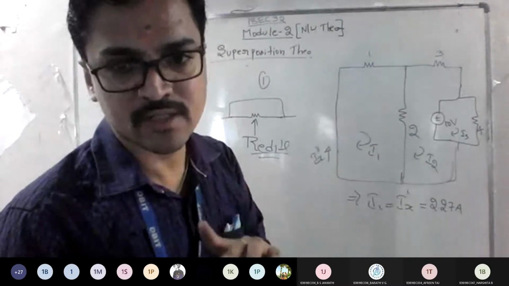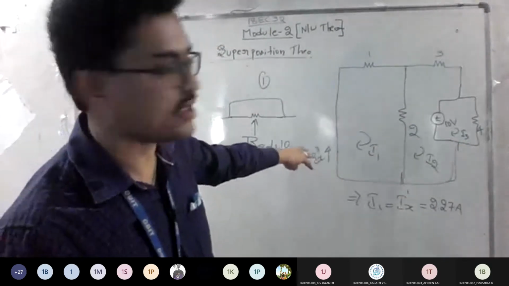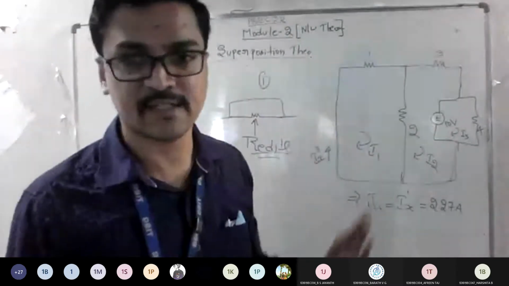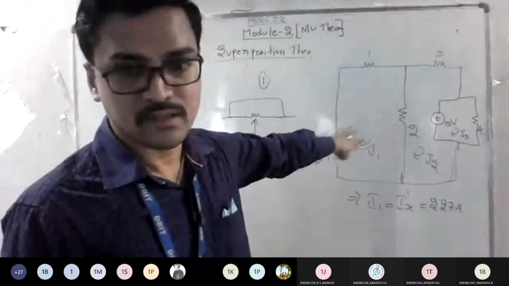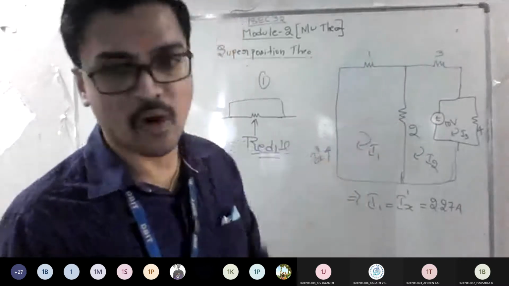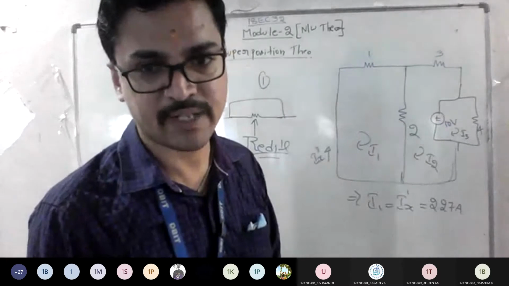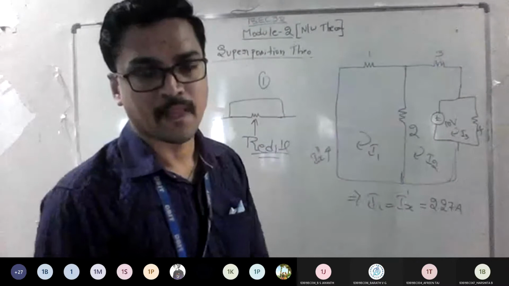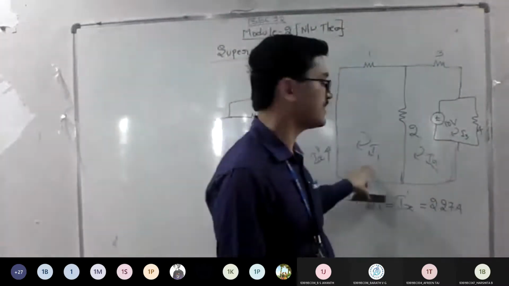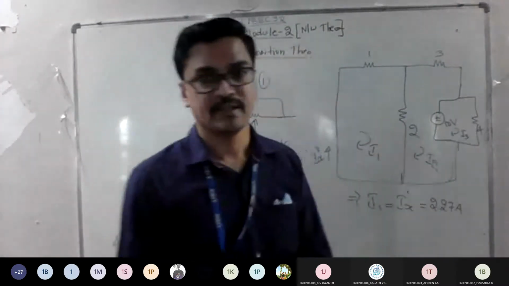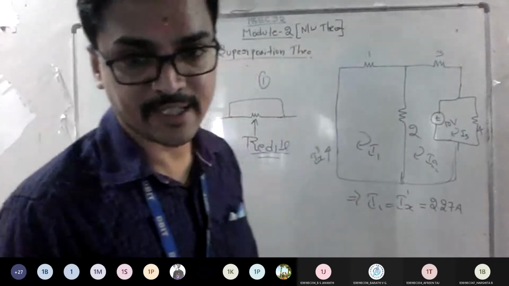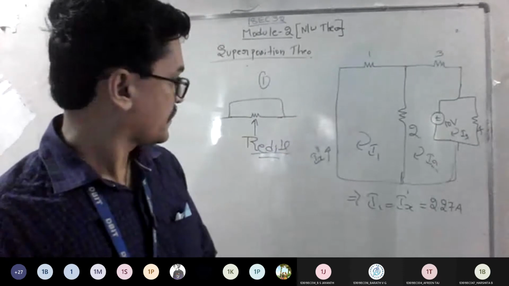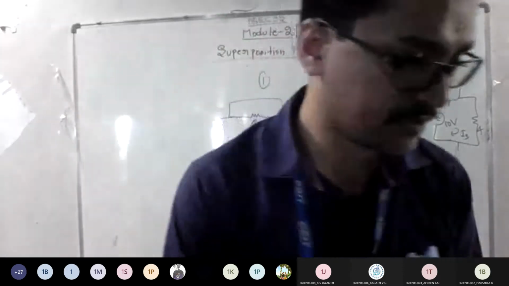3 meshes, 3 unknowns. I want this current. In general, we pick this as I1 because the supply is there. If you take this one also, no problem. It's just an assumption of ours. Now apply this logic and get me Ix double dash. I want this answer. If you want, you can make this I1, I2, I3 or the other way. If you use that way, I should get I3. If you use this way, I should get I1. Check, solve this. By the time I want everyone to finish it.